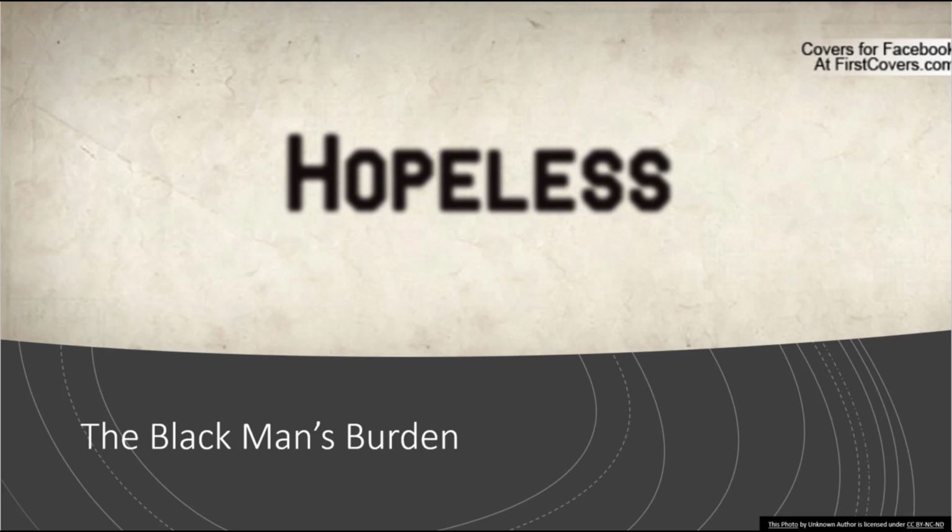Okay, basically, how Africans feel are hopeless. The Black Man's Burden in your textbook is a response to the White Man's Burden from, I think it's Rudyard Kipling. They talk about how they were able to withstand the basically invasion and influence of Europeans through colonialism all up until the 1850s, 60s, and late 1800s. But right now, the way that they feel is like it's inevitable that they're not going to be able to withstand the invasion of the white man. And so essentially you can sum it up in one word. The Black Man's Burden is they feel that they are helpless, that they can't do anything to prevent European invasion.